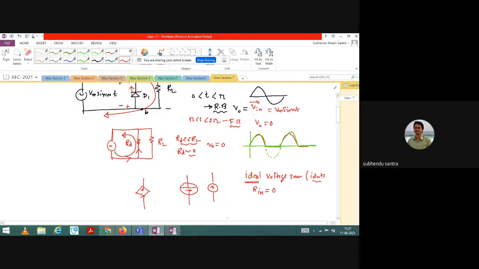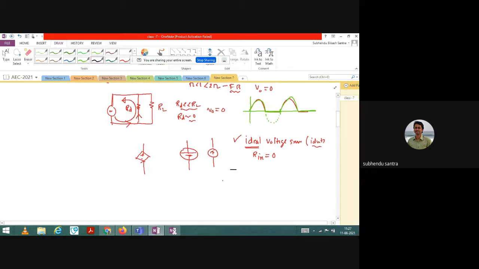But practically, whatever voltage source you consider, generally they do not display ideal characteristics. They have their own limitations. So when you represent a practical independent voltage source, you have this battery and you have to represent the internal resistance Ri here, and this is your VDC. In this way we represent a practical voltage source. Ri is the internal resistance of the particular source.